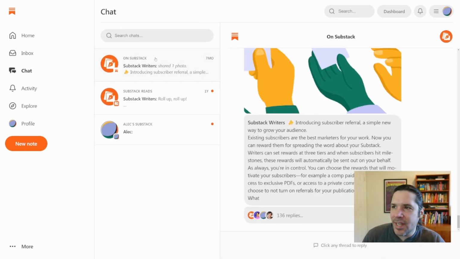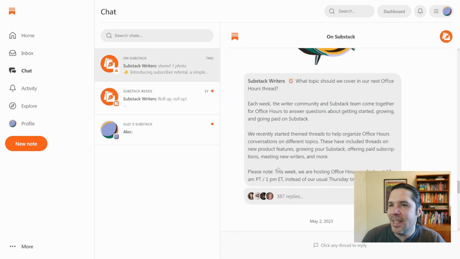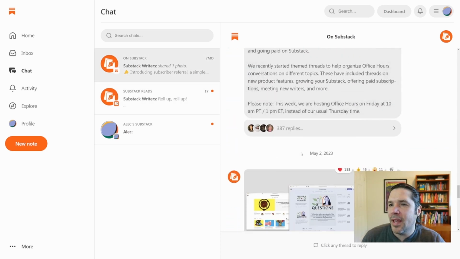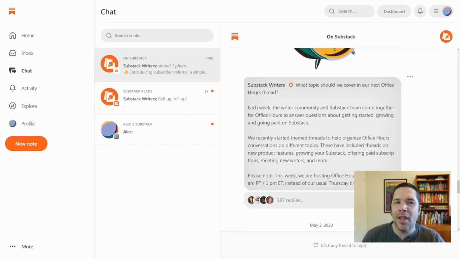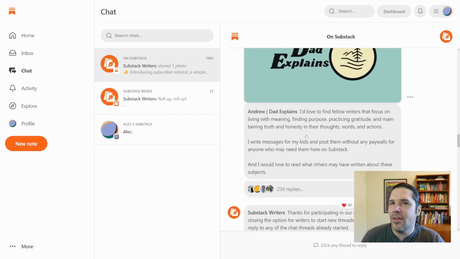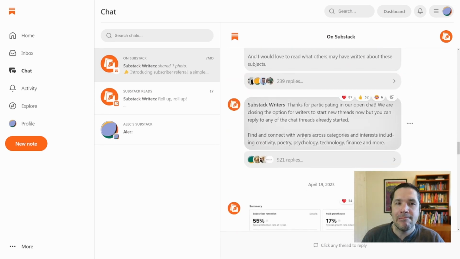So there's also chats. These look like DMs, but a lot of people can reply to them. So this is kind of a weird format for chat. But on the other hand, it allows people maybe to post or chat in groups without just commenting on a post or something like that, which I don't think Patreon offers. So that's kind of interesting.